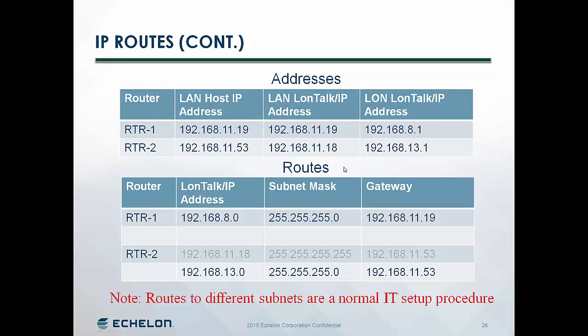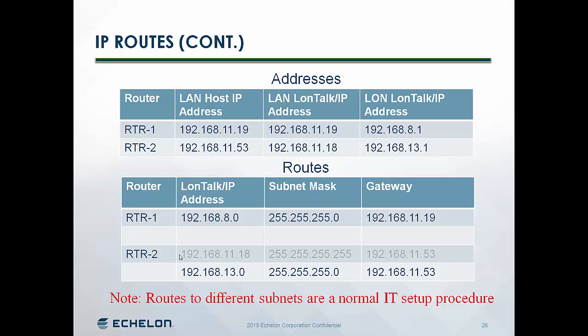So the routes that we need to establish for router 1 are to the 8 subnet, which we refer to by 192.168.8.0, with a Class C mask, and the gateway on the Ethernet side is the host IP address, as per up here, of our router 1, which is 192.168.11.19. Now looking at router 2, if we wanted to do a unicast message with LonTalk IP for things